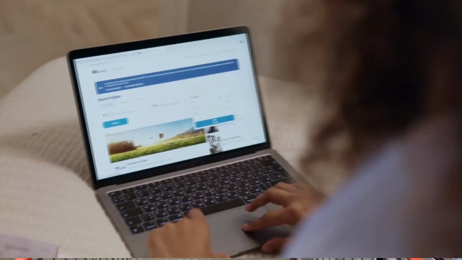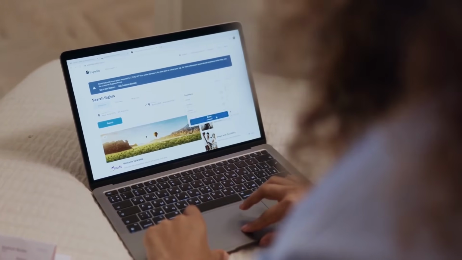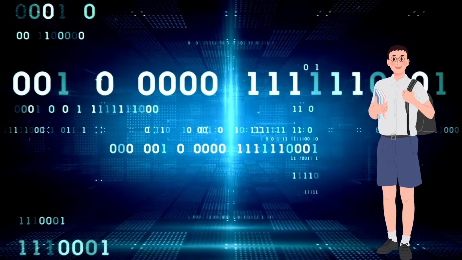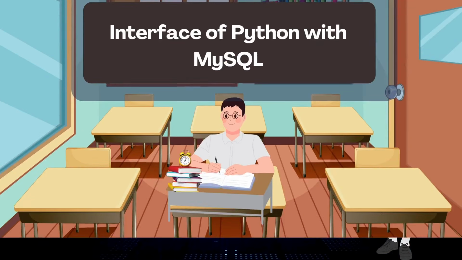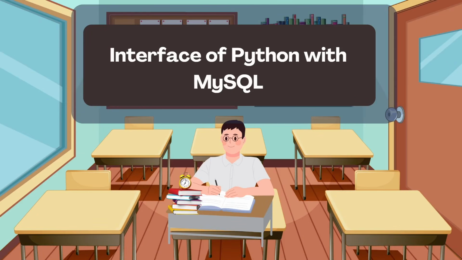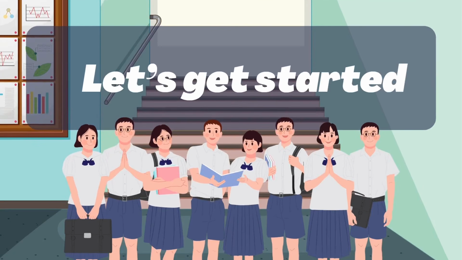And of course, while booking a train ticket online, Sid couldn't stop wondering: how are all these places handling such huge amounts of data so smoothly? He finally understood that it's through interfaces that applications interact with the database. Python provides us the power to connect with MySQL and manage data. And in today's video, just like Sid, we too are going to learn and explore the concept of Python MySQL